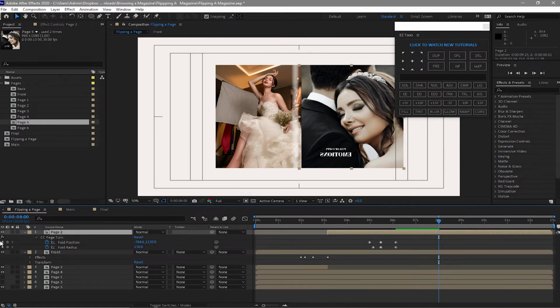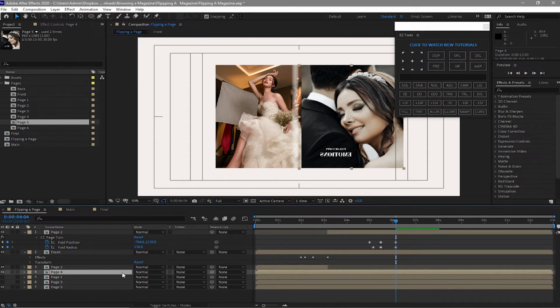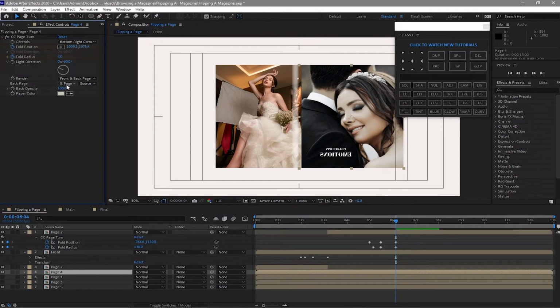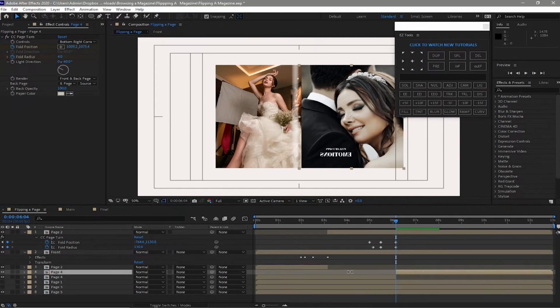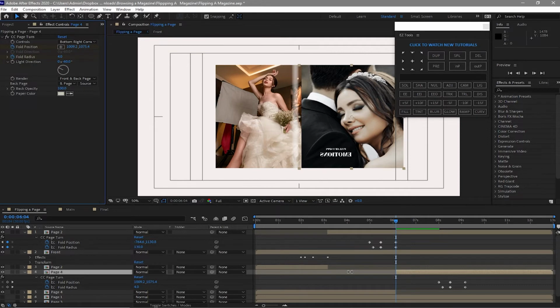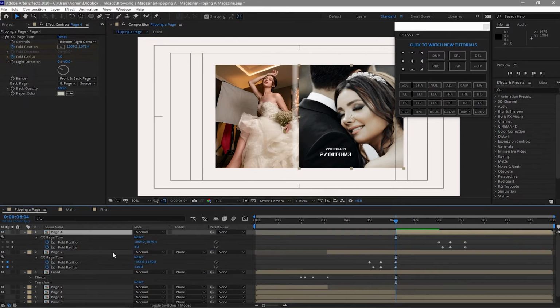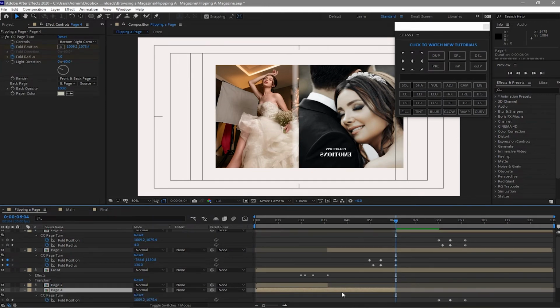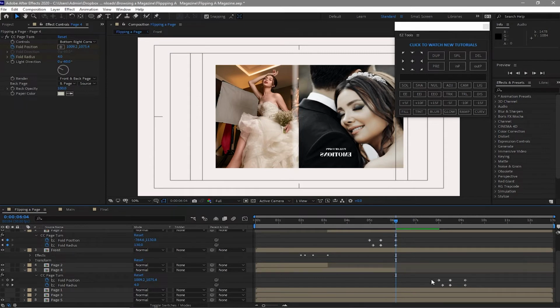Go back there, move your playhead. The page 4, just go to effects and control. First you have to change from page 1 to page 5, and then you have to highlight the page 4, split it. First you have to press U to see the keyframes. So all you have to do is to drag this up on top, and then also press U to see the keyframes that we don't have to use anymore, and delete it.